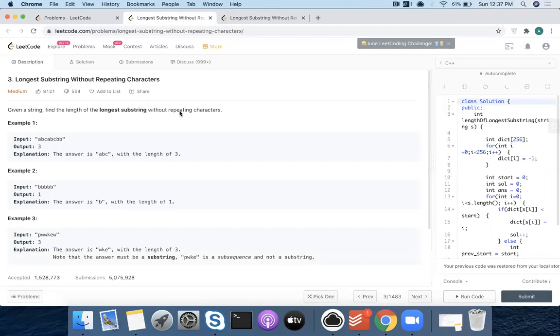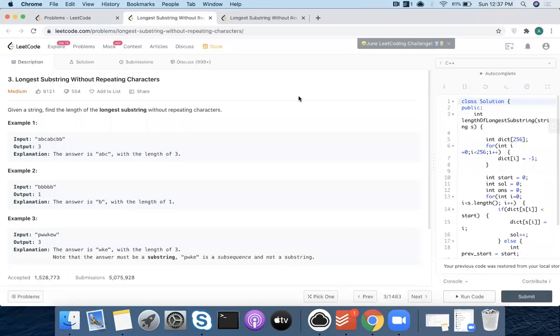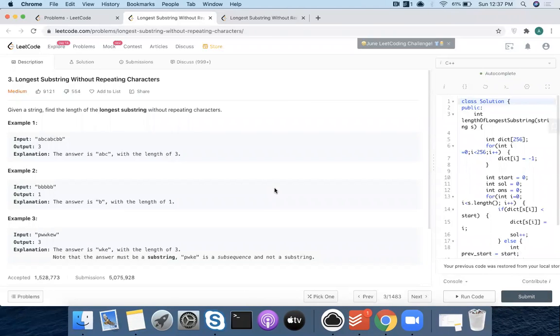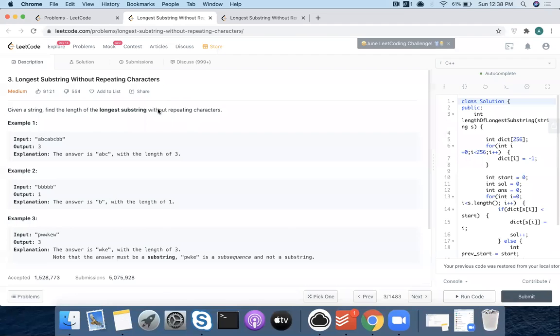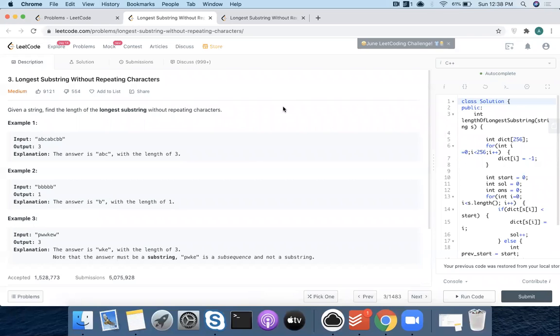So any idea how can you solve this? Sliding window approach. Can you elaborate on what you're saying? Anybody else? Aditya, can we try with keeping a character frequency kind of a map, and